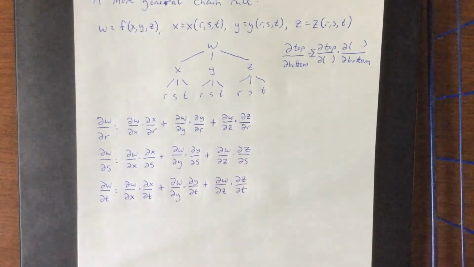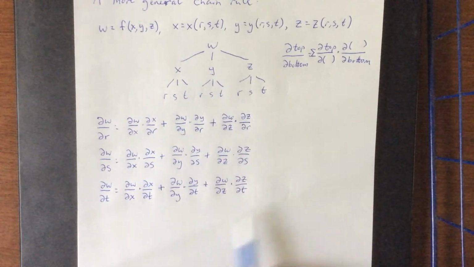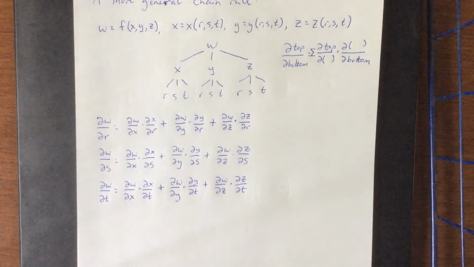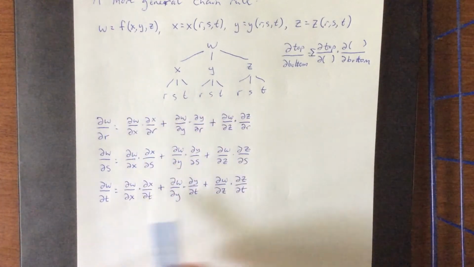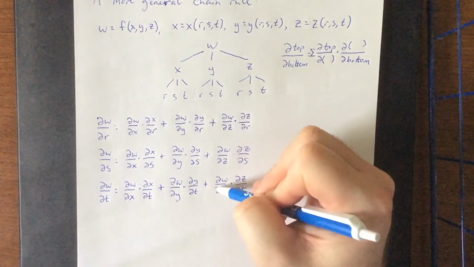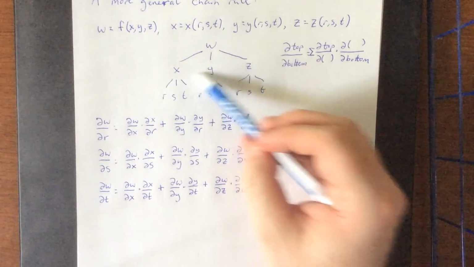turning these 3 partial derivatives into, well, 12 different partial derivatives that you would have to do. A couple of them do get reused though, because there are 18 total partial derivatives on the right hand side, but some of them get repeated a couple times, specifically the partial derivative of w with respect to the